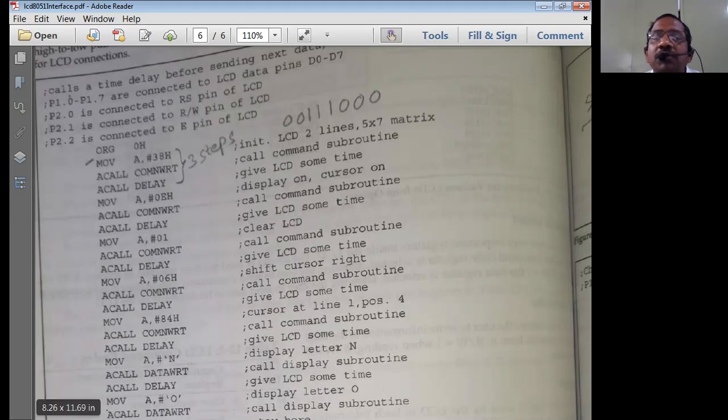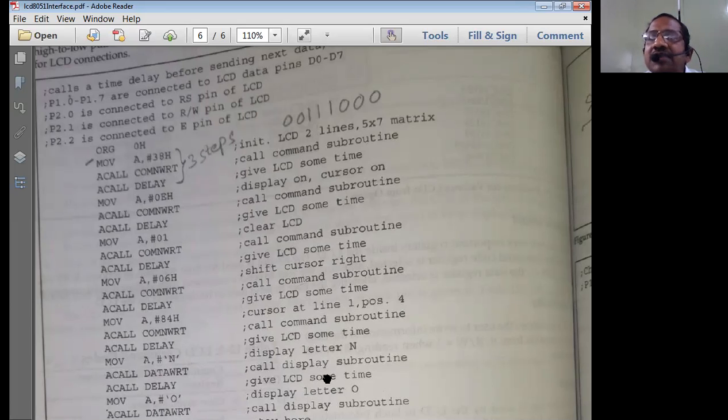Now there is one more operation called the busy signal operation, or busy flag. If you want to apply more control: when the LCD is performing the operation of transferring data from the 8051 to the LCD and is still displaying, the busy flag will be set to 1. That means if the 8051 wants to send some data onto this screen, it cannot send because the busy flag is set.